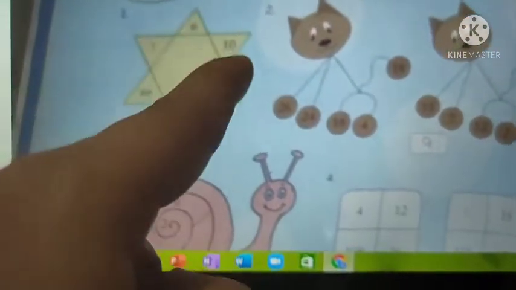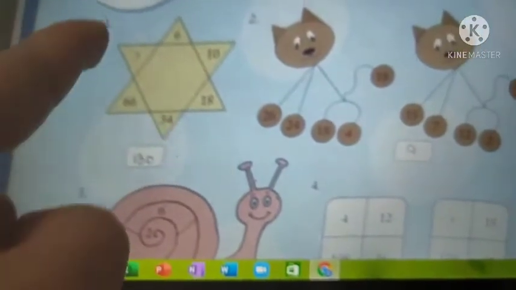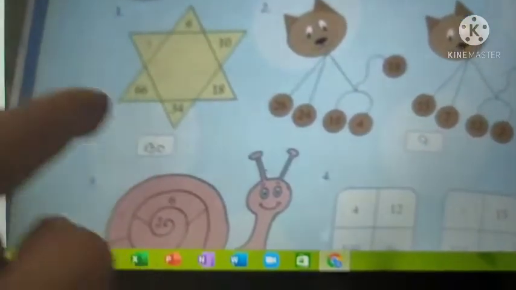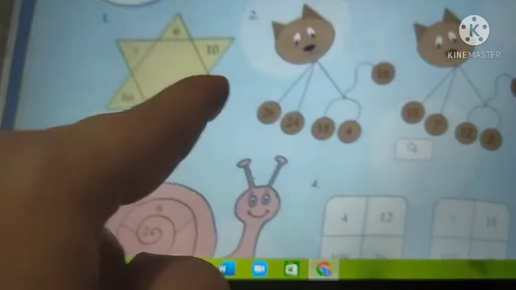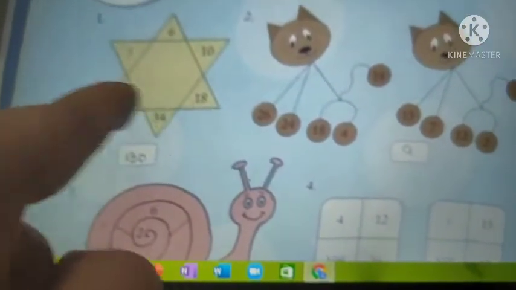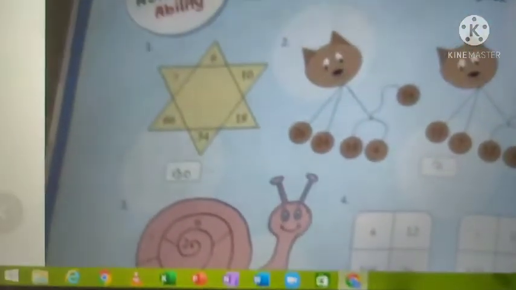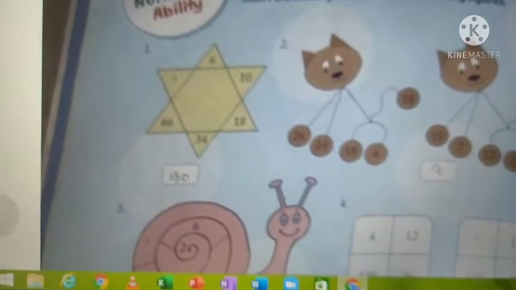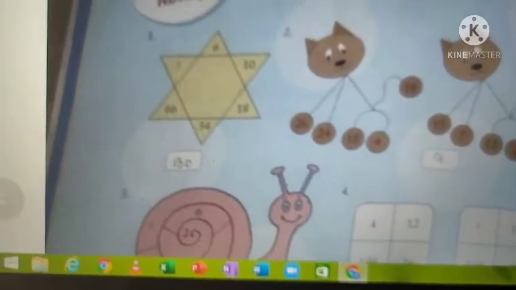It is like 4, 8, 16, 32 and 64. That is the concept, like the fourth table. You add the fourth table to each and every number which is given over here. I will write and show on a paper so that you will easily understand. Finally, write the answer over here.